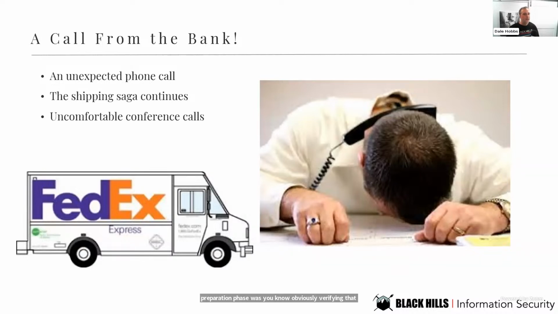Now, on December 8th at 3:28, Raymond gets a phone call from the bank advising of a possible breach. It is quite common for a breach to be identified by a third party. Raymond advised them they were already aware of the issue and had already contained the incident, and unfortunately, the bank was insistent that Acme needed to have a conference call to discuss the incident itself. Seven days after the initial call, on December 15th, the conference call happened. That call was between the IT director, the CFO, the bank, and Raymond.